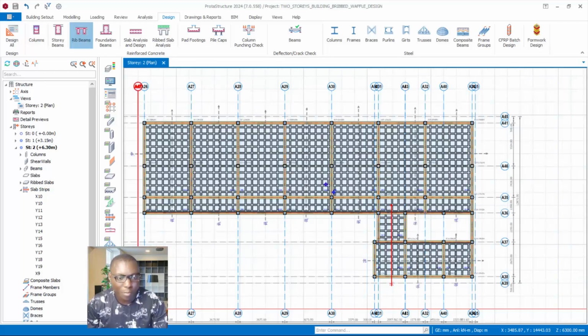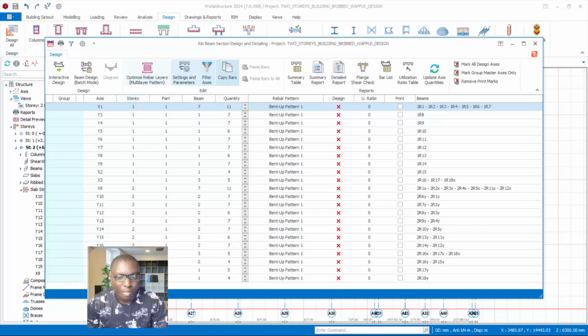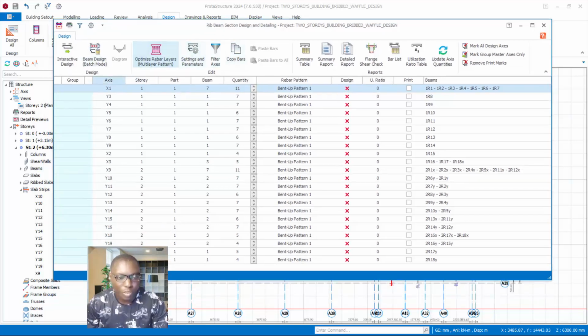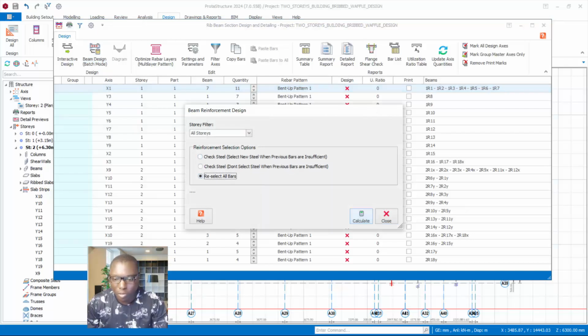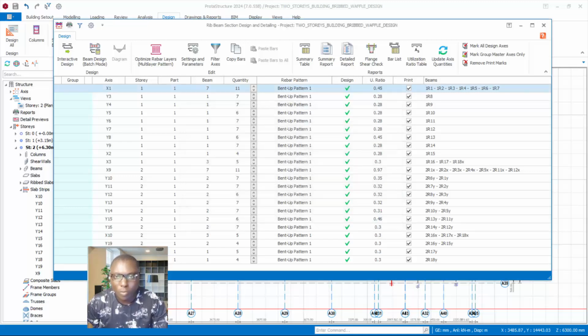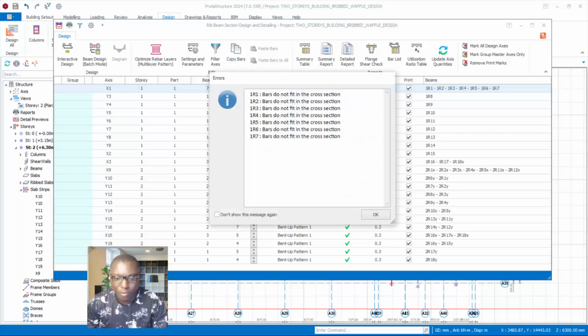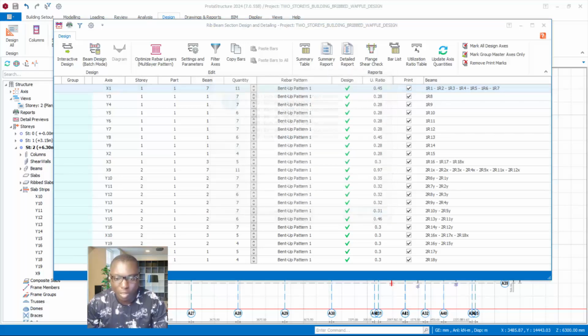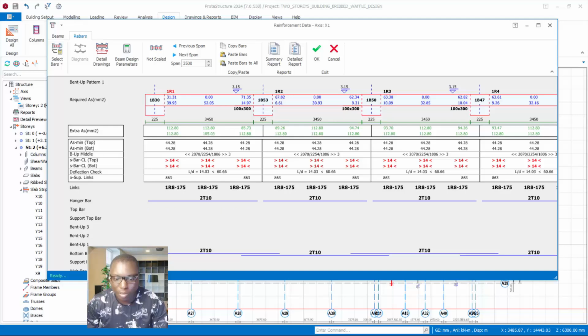We navigate to the rib beams, and then we proceed to beam design batch mode, and then we reselect all bars and click on calculate. Okay, so we wait for this to complete. In some seconds, you can see it completed. Click on the OK option, and if you double click on this, you see we are still having the same issue, but click on the OK, you see the beams are being designed, the reinforcement